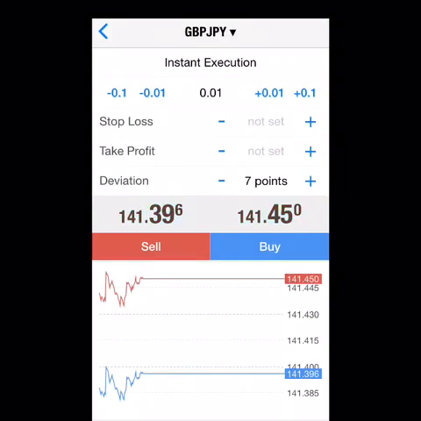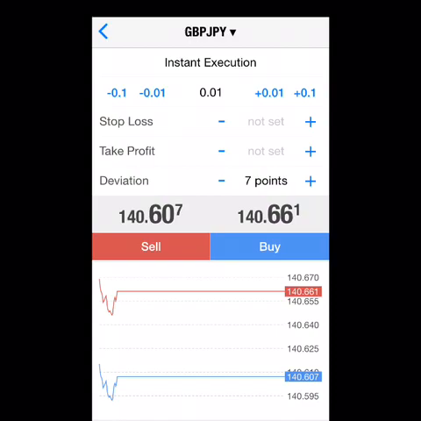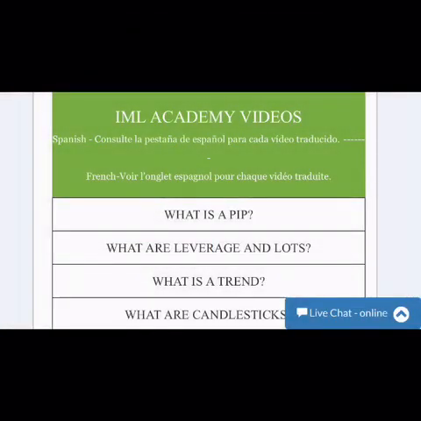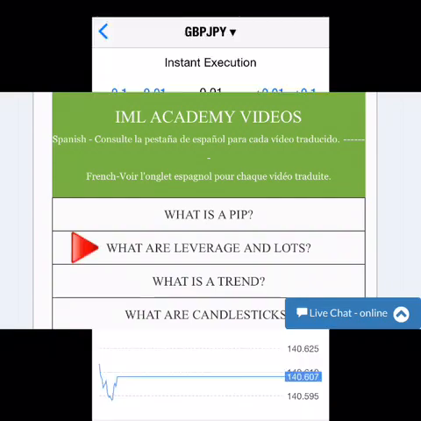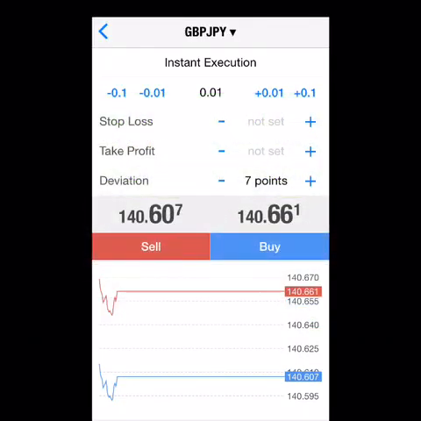At the top of the screen, make sure the same currency pair that you selected, which was GBP JPY, is displayed. On the next line, you're looking for market execution or instant execution to be displayed, and a number separated by a decimal point. This number is your lot size. That determines how many lots you are going to trade. Be sure you have completed your Basic 2 IML Academy training to have a full understanding of what leverages and lot sizes are. Today, for this example, I'm going to use a mini lot,